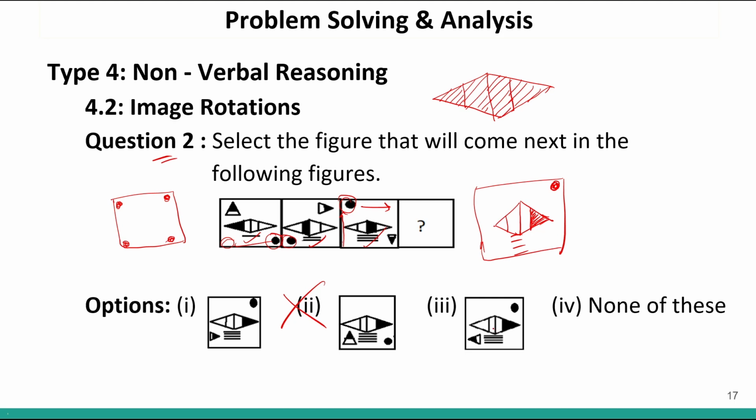So now the position of the triangle. This is facing outwards. This is facing outwards. This is facing outwards. So naturally the triangle will face outwards over here. So if the triangle faces outwards, this part will be shaded. So this is given in option number 3. So option number 3 will be your correct answer. So 1, 2, 3, 4 elements were given to us. Based on these 4 elements, we identified the position of this element, this element, this element, and this element as well. So option number 3 will be your correct answer.